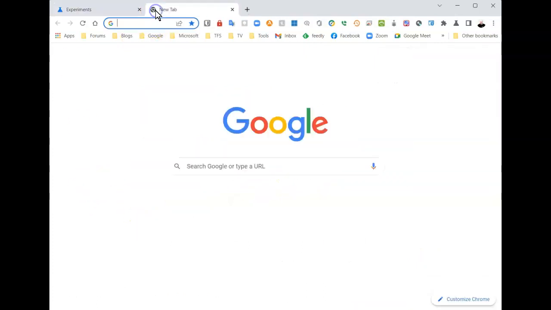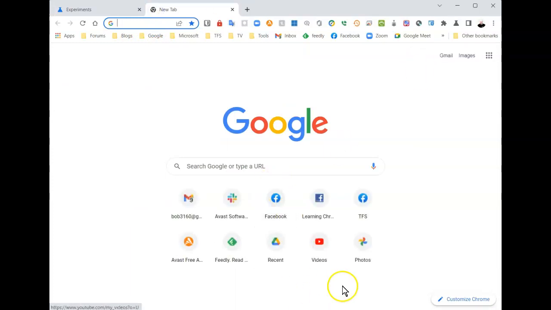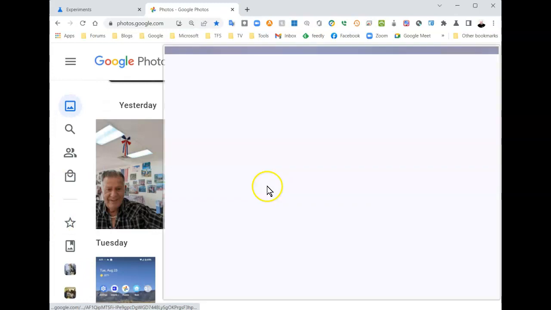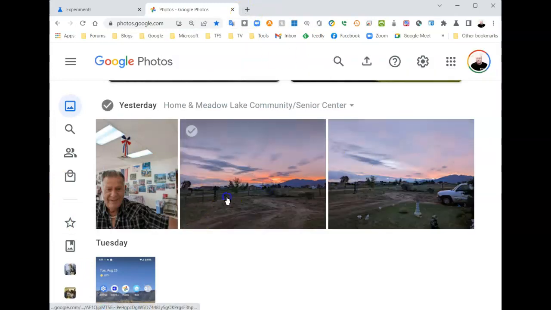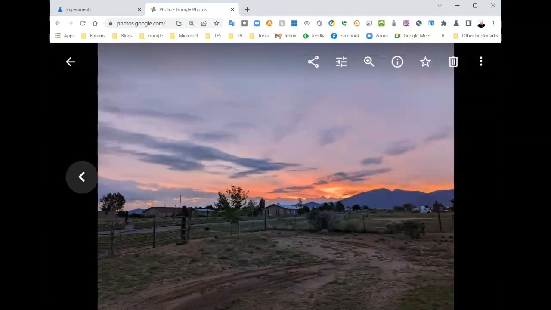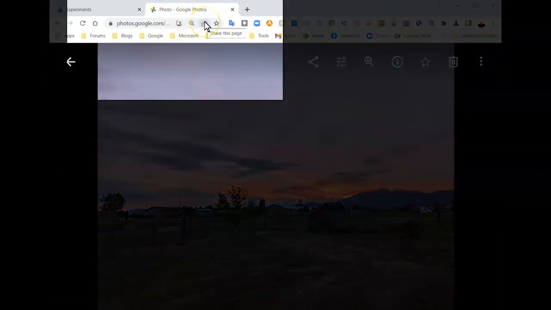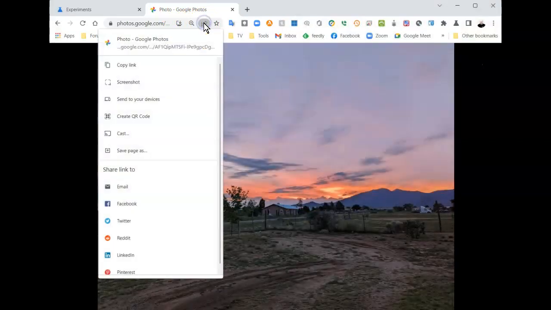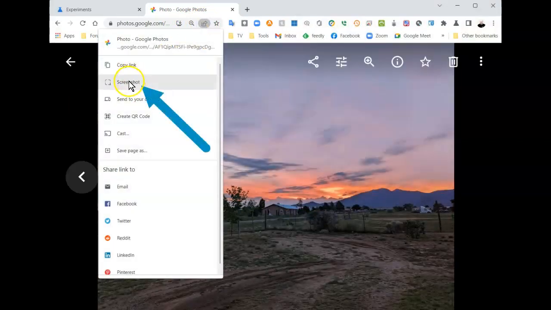So let's go ahead and go to a new tab. I'm going to open up Photos, my Google Photo account, and from here scroll down and all right, there's a nice picture. Let's select it, and now up here where it says share this page, select it, select screenshot,